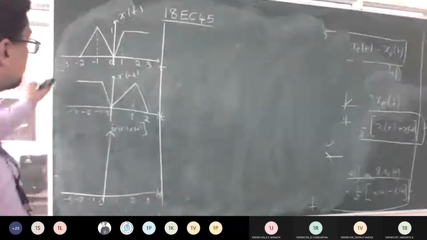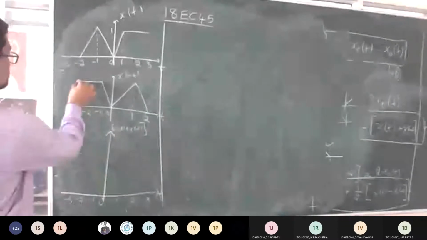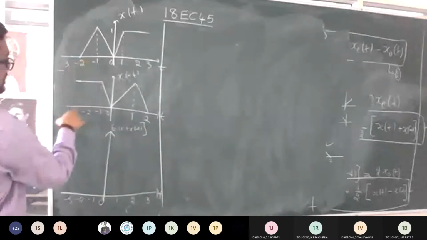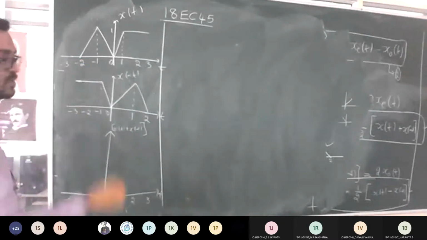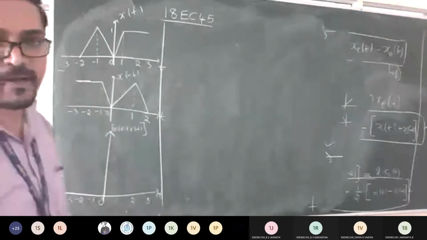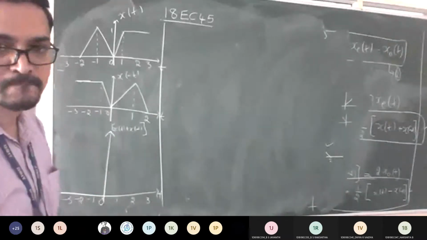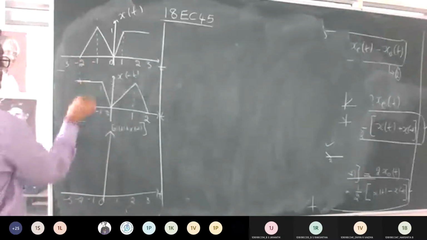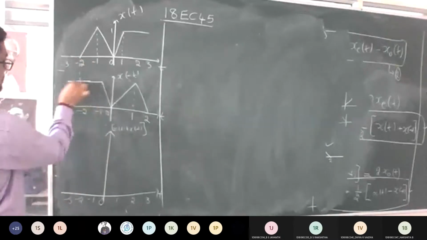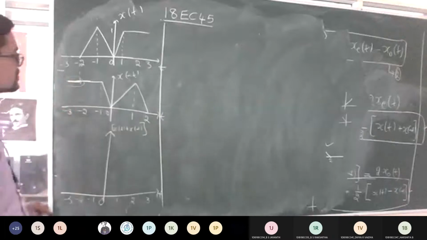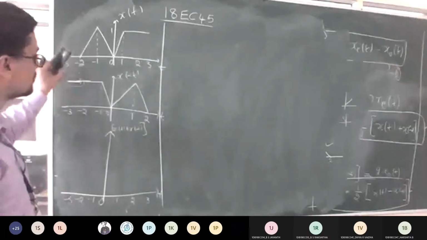So you have to start with the interval. Look here. This is starting at -2, but this is there from -3 to -2. So -3 to -2, there is an interval. Look at the interval here. If you want, let me rearrange this. So this is -2, this is -3. This part of the signal is there from -3 to -2. So you need to add these two. What should I do now?